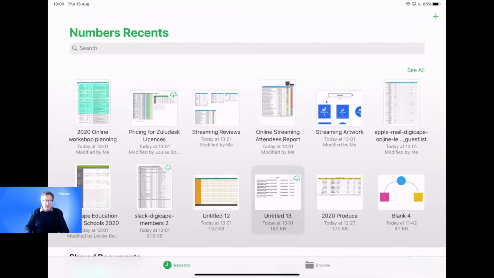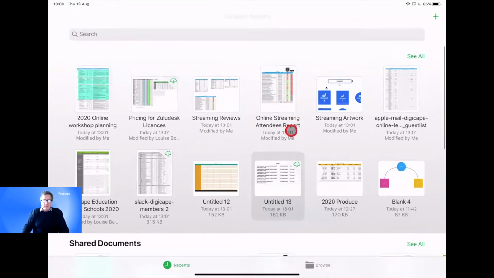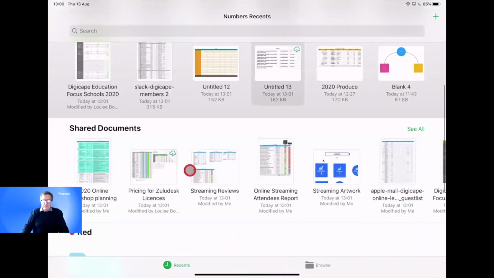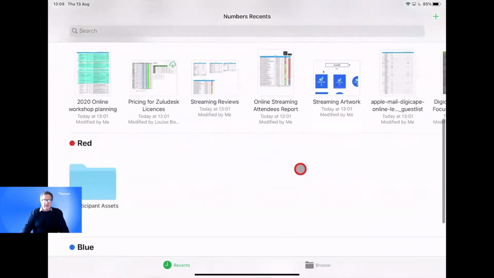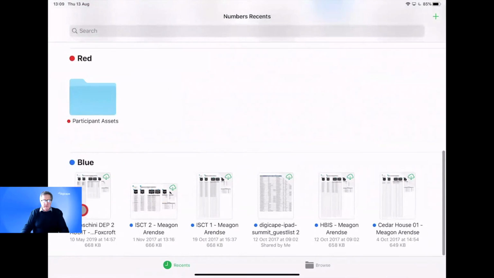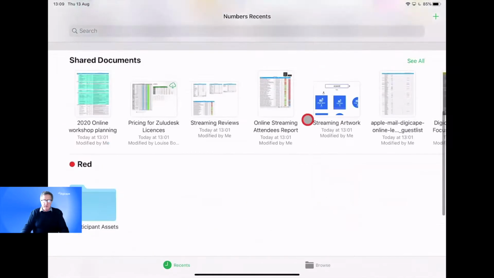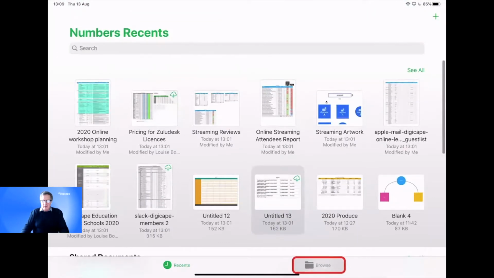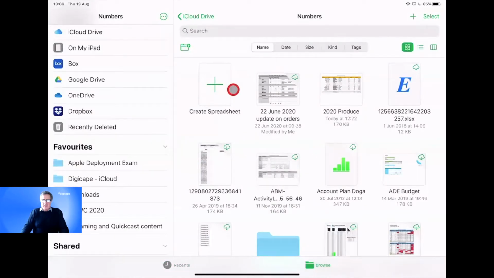At the moment, I'm on the recents documents, so you can see that the last documents I was working on were 2020 online planning, pricing, streaming reviews, and so on. If I scroll down, you can see documents that I'm sharing with other people. And if I had tagged any documents, you would have seen them here. So these ones are tagged with the color blue. Alternatively, if I click on Browse at the bottom, I get the chance to browse the entire file structure